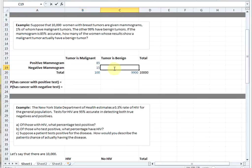Then the test being 85% accurate means that 85% of the time it's going to correctly identify that you don't have cancer when somebody has a benign tumor. So it's going to get 8,415 people correct in saying this tumor is benign, and the remainder is going to give a false positive. There's going to be 1,485 people that get a positive mammogram when in fact they don't actually have the cancer. So if 10,000 people get a mammogram,